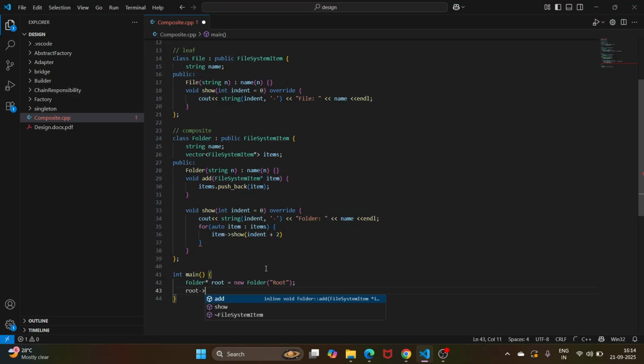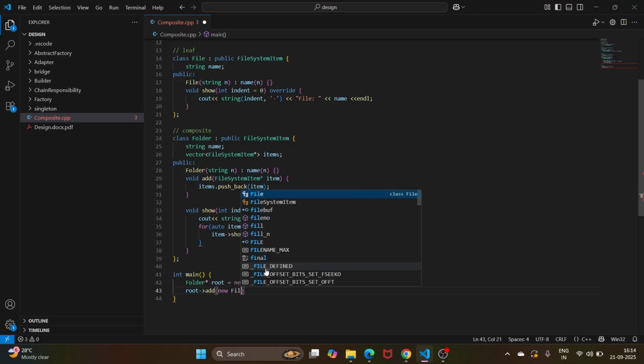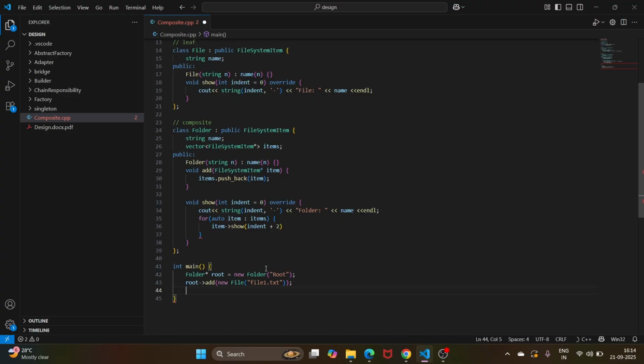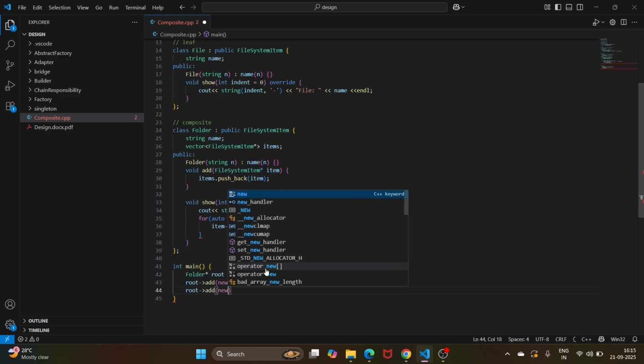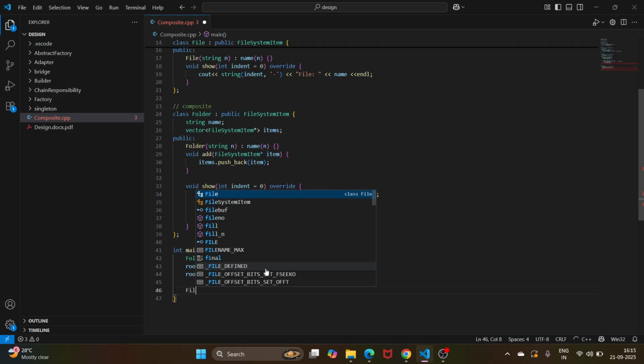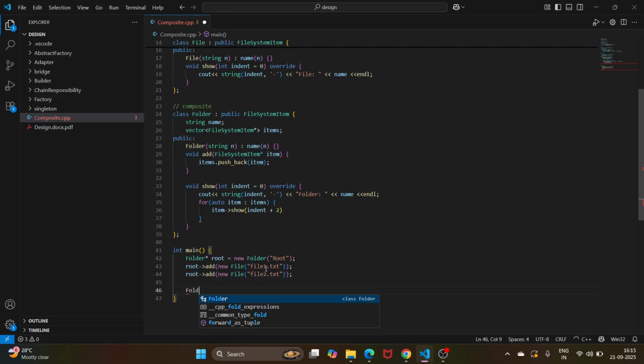After that, root of add, I'll just add new file into it. Now this file I can name it file1.txt, and let us add another file, new file, and we'll name it file2.txt. Right. Let us also create a new folder,